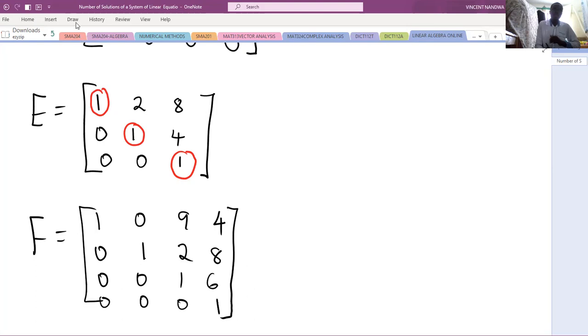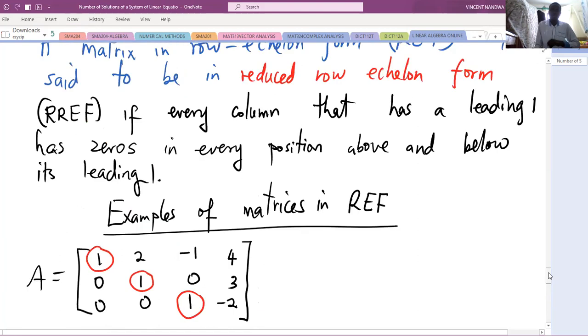Then this is also an example of a matrix in row echelon form because the leading elements in each row are ones. And when you consider consecutive rows, the 1 on the upper row is to the left of the lower row. Now I want to use the same examples to illustrate